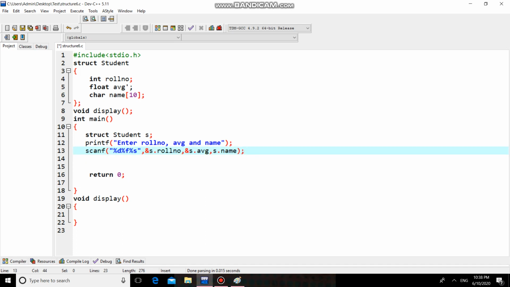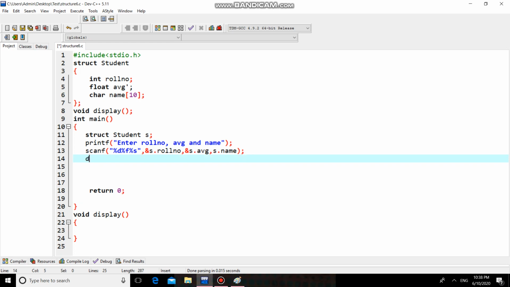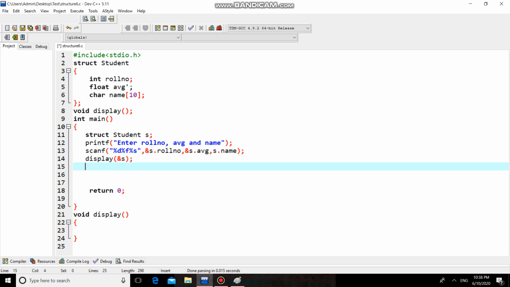These three values will be read, and then we call function display by passing the address of structure variable ys.